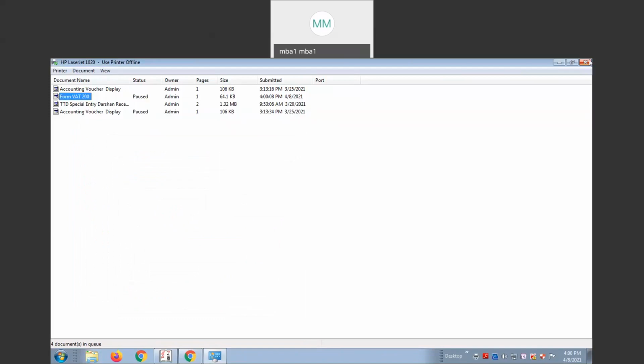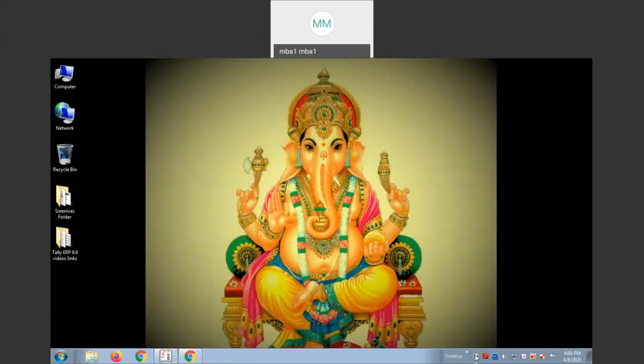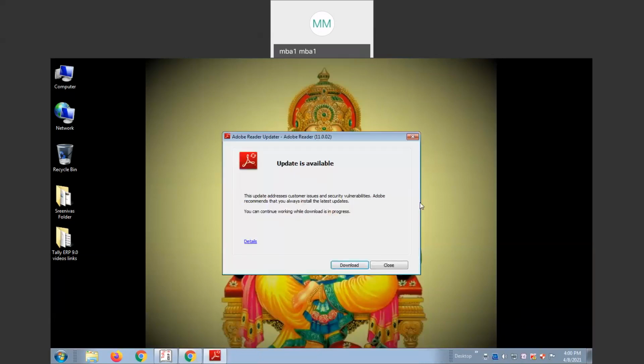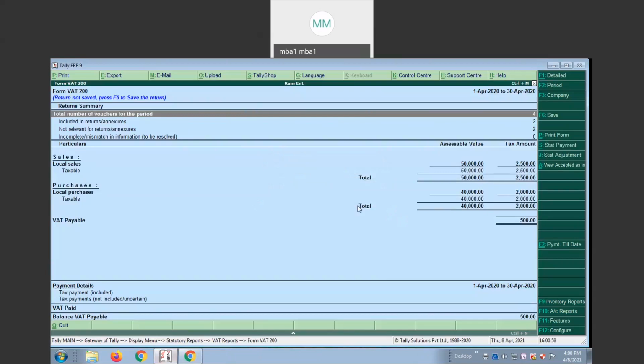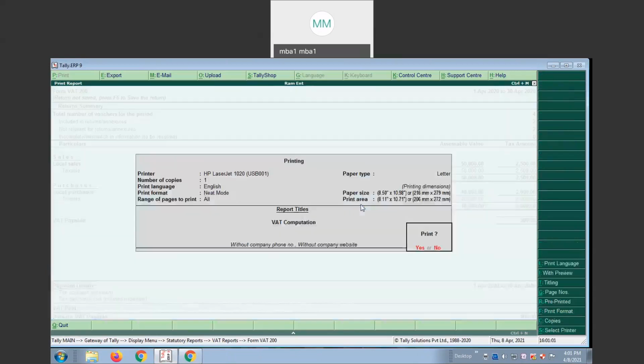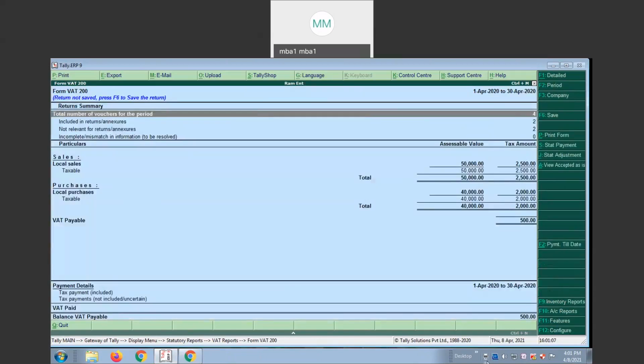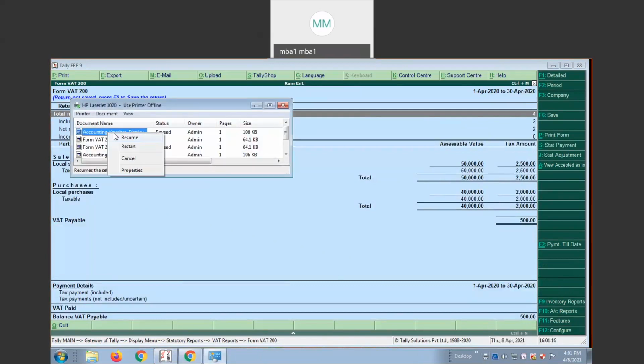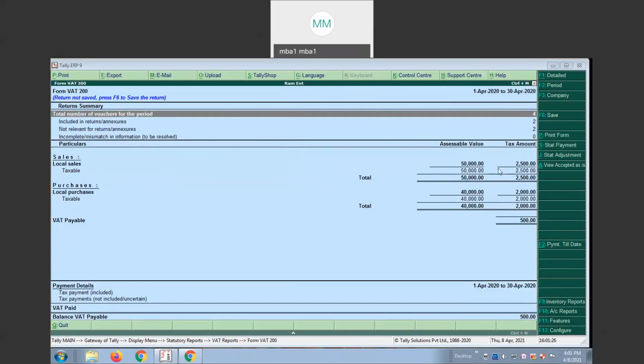I'm not able to see this because in my laptop it comes. So simply if you click on this, it will come. No issue. Simply, if you select the Alt P option, actually it is enabled here. But see, I'm using a college system, so the open with option is not available here. You'll be able to see the same type of information in the PDF format. So how much VAT do we need to pay?